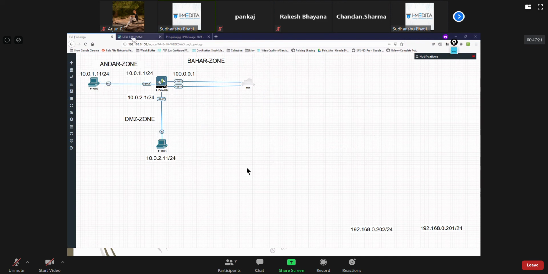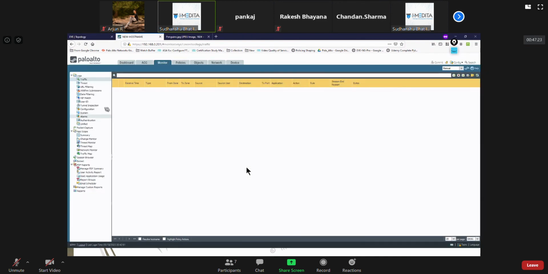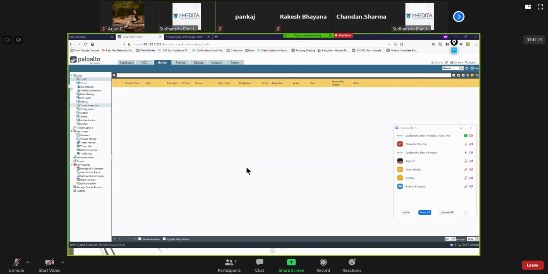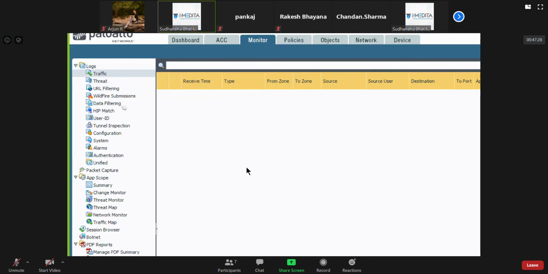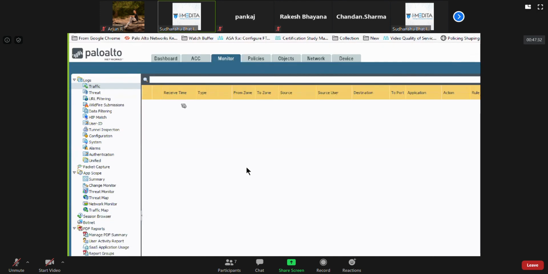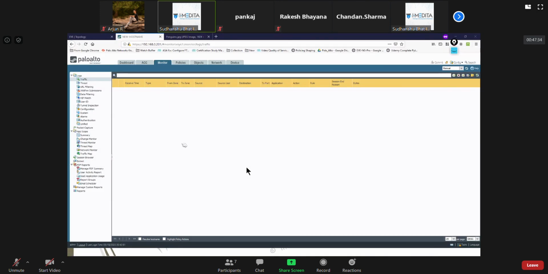If it is in the logs, you can check it from the Monitor tab. You can go here and check in the Traffic logs. In fact, you can apply filters so that you look at a particular timeline, like between this time and that time. If it is being logged, you can check it. If it is not being logged, then there is no way to check it.